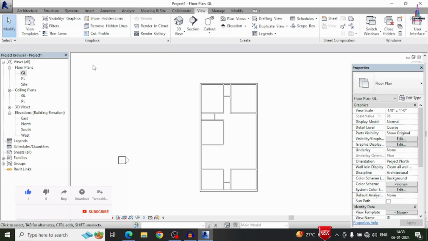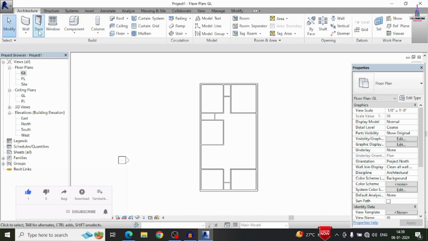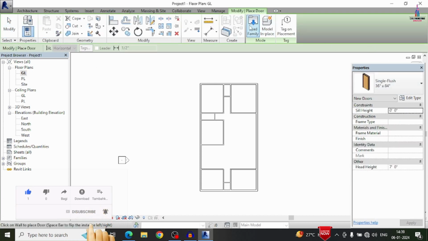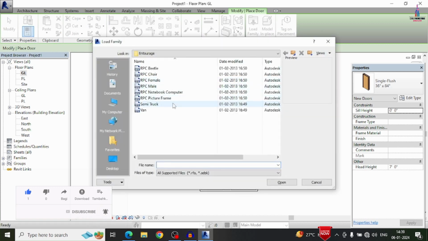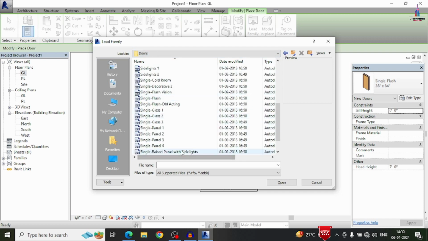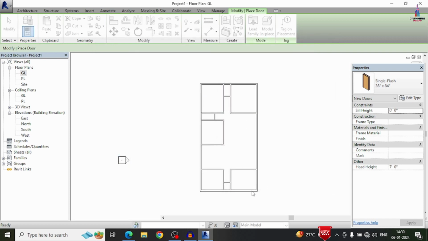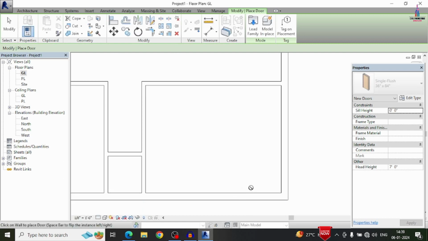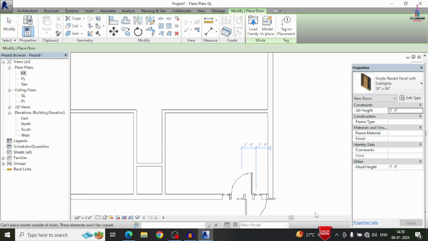So after drawing all the wall sections, we need to draw the doors. For that, go to the architectural browser, click on the doors option. Here we have to load the family initially. So here I am selecting the door sections from this particular family, Imperial, US Imperial. I am selecting the door. It will consist of the main door like this. I am attaching it here. So I am drawing the main door section at this location like this. Okay, now we can see this is the main door.